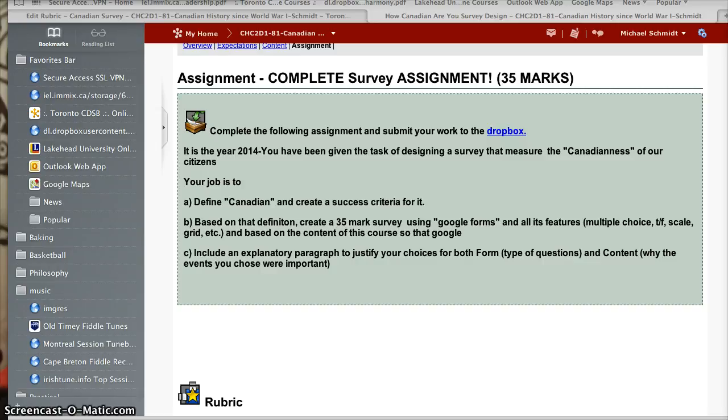For something like the timeline, one of the comments I noticed I put down an awful lot was, you don't really exploit the online dimension of this. This timeline could easily appear in the same form in a textbook, which basically means you're not really using all the components. And remember, if you're doing a history project on the 1920s, you can easily access music from the 1920s. You can easily access movie clips. You can get a plethora of statistics. There's so much information out there about these time periods.